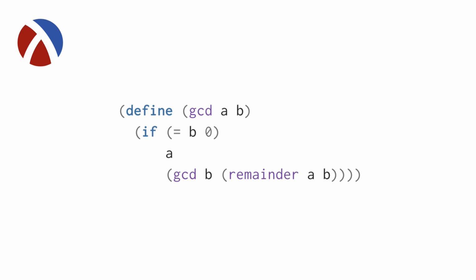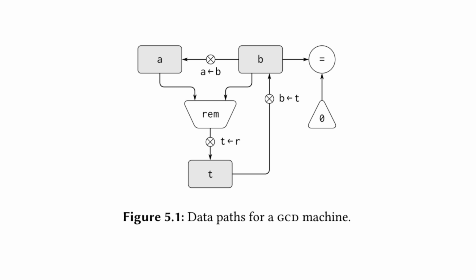So taking two integers A and B, it's basically going to recursively call GCD on the remainder until B is equal to 0, in which case it's going to return A. And once the text introduces this procedure, it then shows you what this looks like for a sort of data path visualization. And I actually find these not intuitive at all, and I really had to work through this a